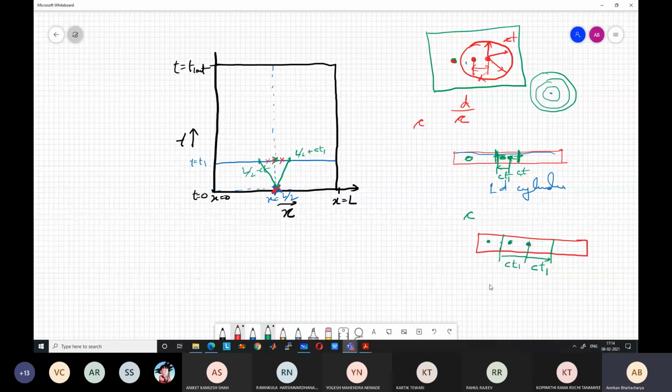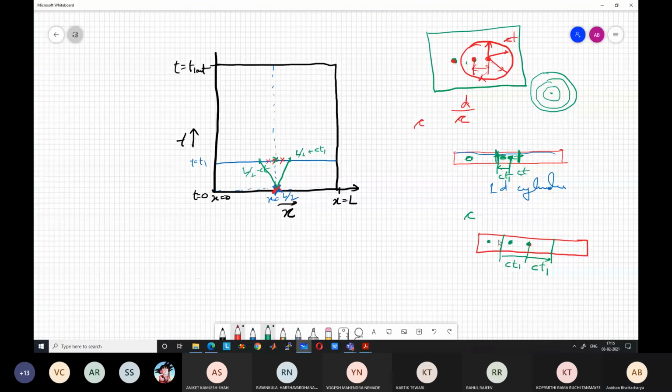He will feel. What about the other observer? They won't feel, right? Because the wave has not yet reached there. So same thing. When will this person feel the influence? When the wave reaches there. So at a later time, right? So it depends on the time. Depending on the time, the zone of influence increases, right? The zone of influence increases depending on the time. And what is the width of the zone of influence?